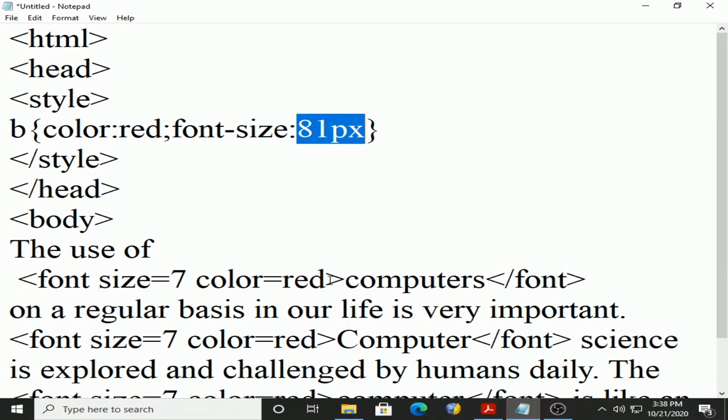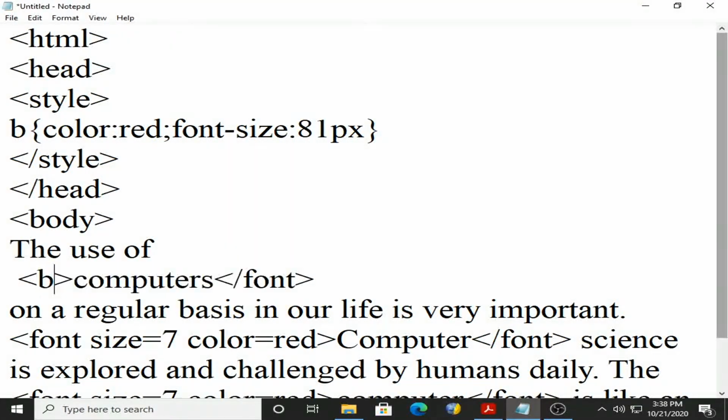Now I will put the B tag, B for bold. The B tag is used to convert something into bold face.